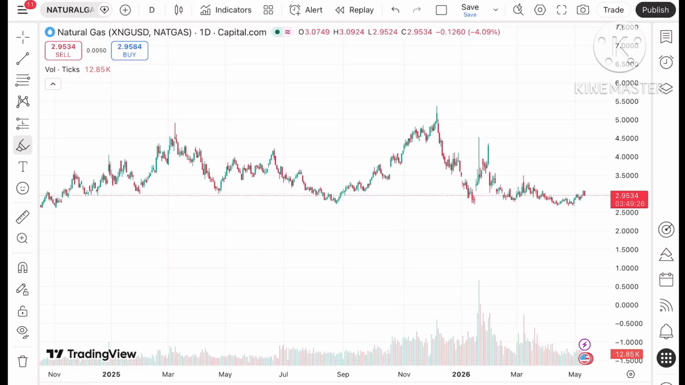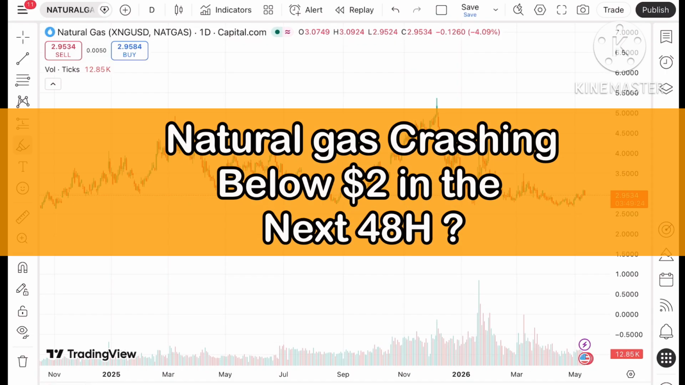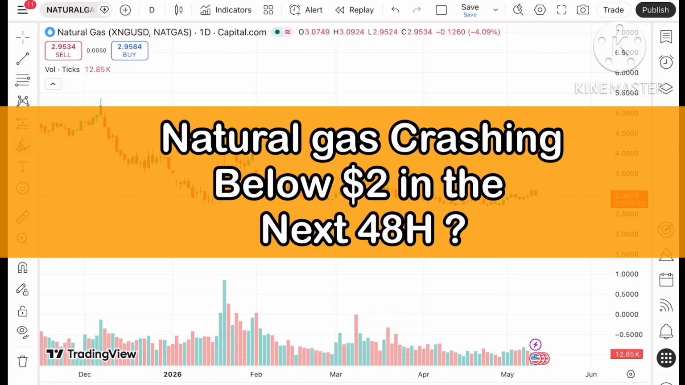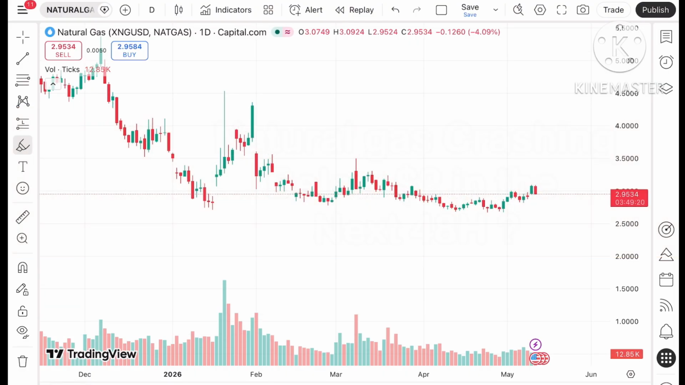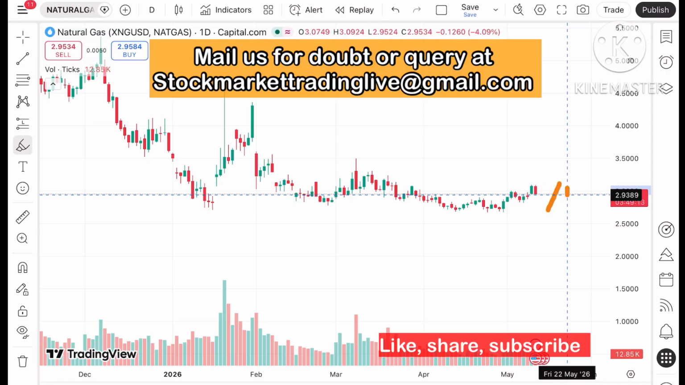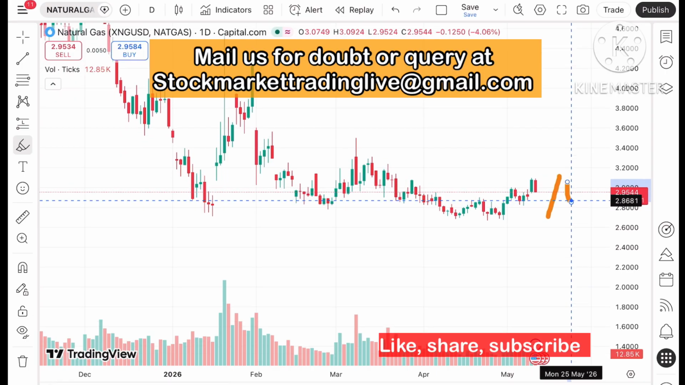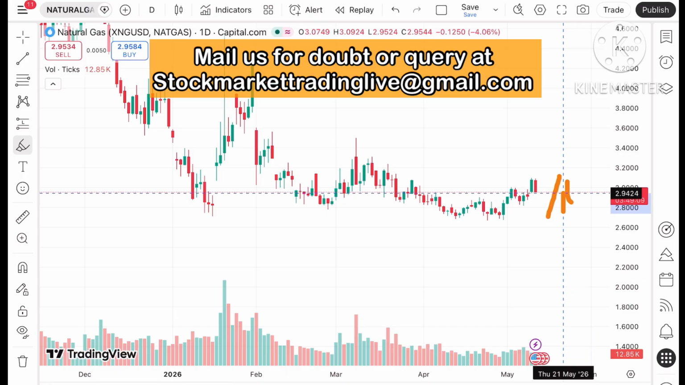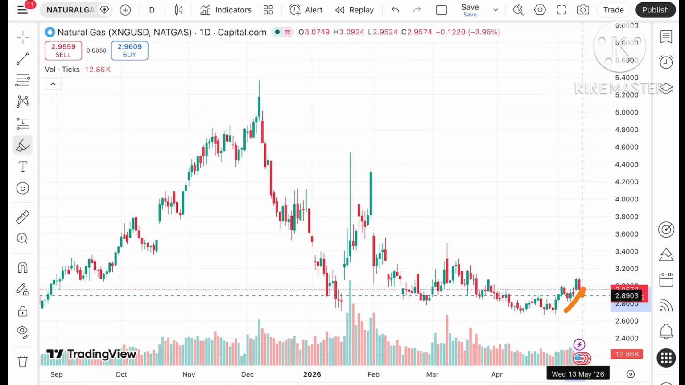Natural gas price trading around $2.95. If you look at this trend, what we have seen yesterday, the price made a high around $3.09. After that, the price has come down suddenly. Now if the price closes below this particular level, then there is a